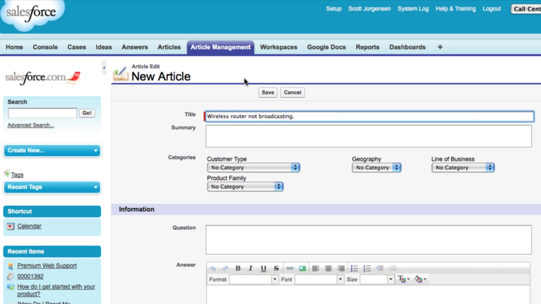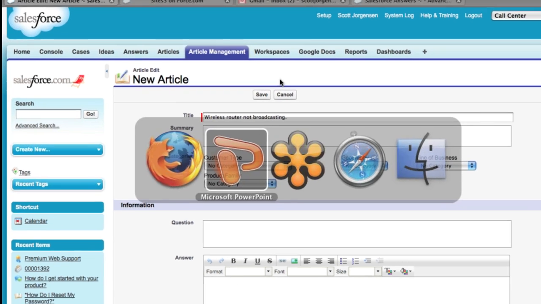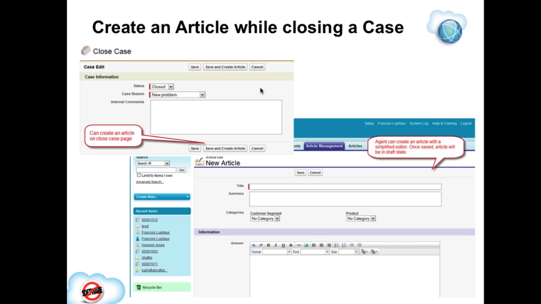So again, making it easy to start that knowledge generation process from a point where you know you've actually got a high-quality resolution to a problem, get it into draft status, work it through the workflow, and then start publishing it back out. One of the definite best practices from a knowledge center support perspective. Absolutely. And keeping with the same theme,